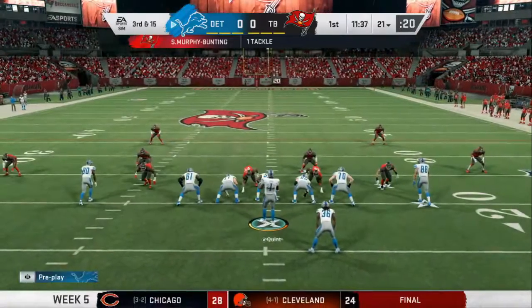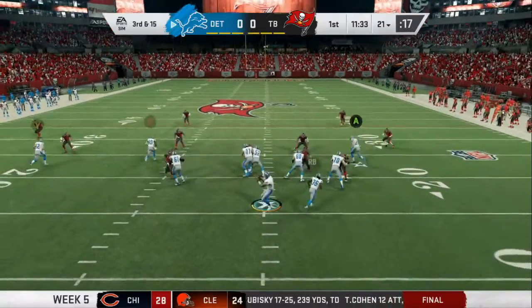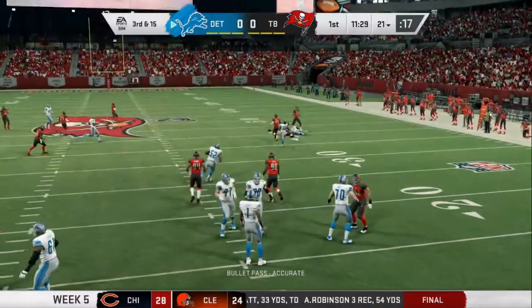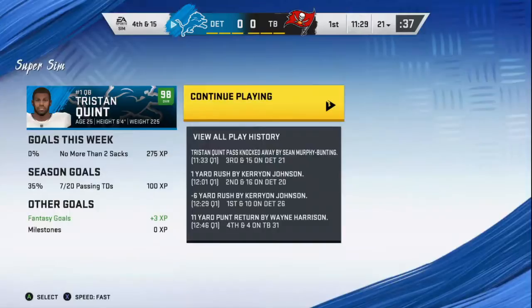The Bucs with an extra defender now in the secondary here on 3rd down. Partner, we know today's NFL is really built around the guy throwing the football. But these short runs, they still pay dividends because they can take their toll on a defense and they can add up as the...